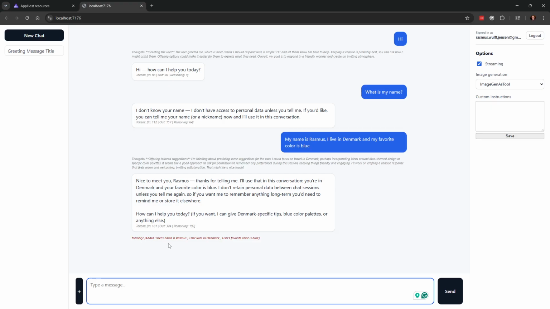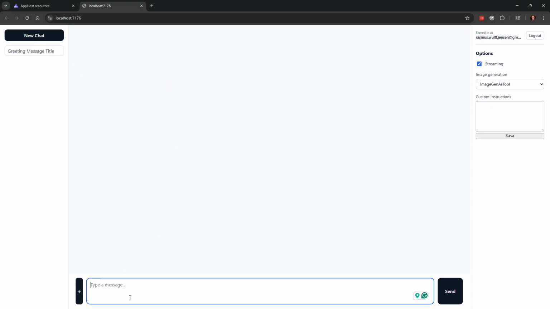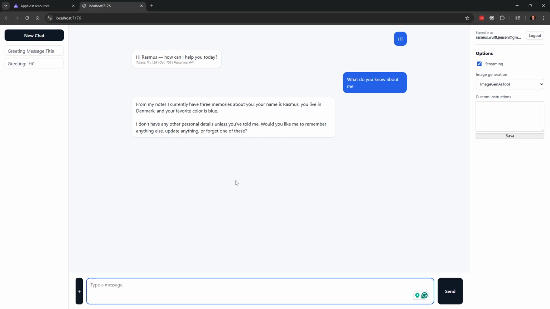But also you can see here in red, it says it added 3 memories. User name is Rasmus. Lives in Denmark. Favorite color is blue. So if I take a new chat and say hi, it will now use this memory in order to be able to say my name. And I can say, what do you know about me? And it should be able to list that my name is Rasmus, I'm from Denmark, and my favorite color